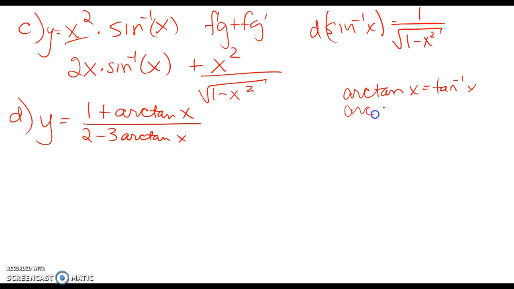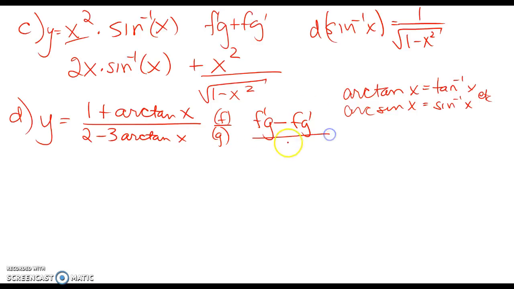Same as arcsine of x is the same as the sine inverse of x, etc. This will be the quotient rule. So if I call this f and this g, the quotient rule is f prime g minus f g prime over g squared. Alright, so we're going to start with the derivative of the top. Well, the derivative of a constant is 0, but then